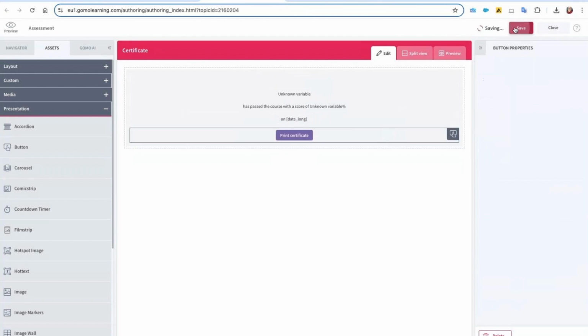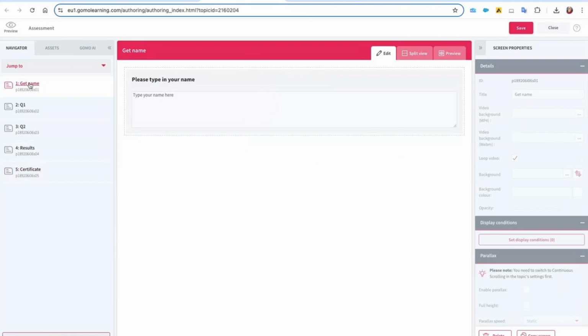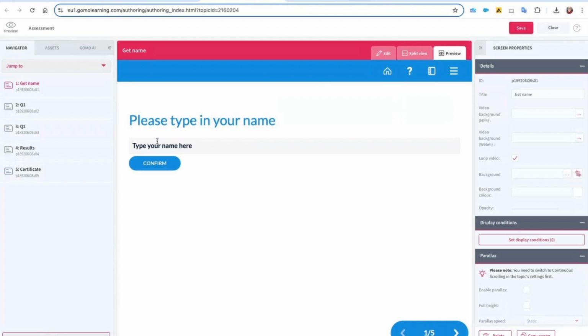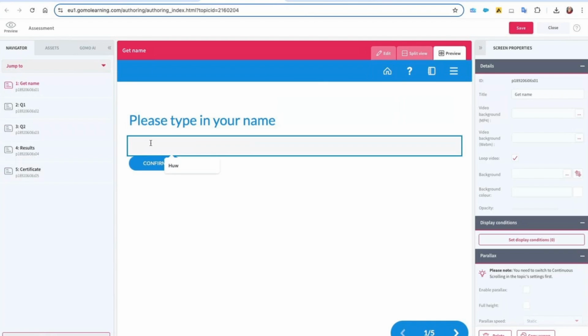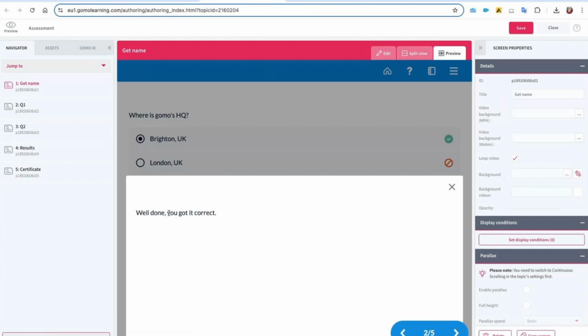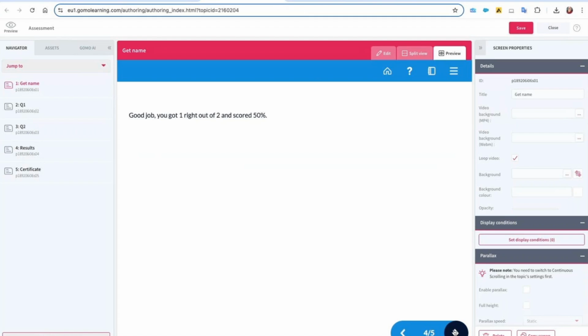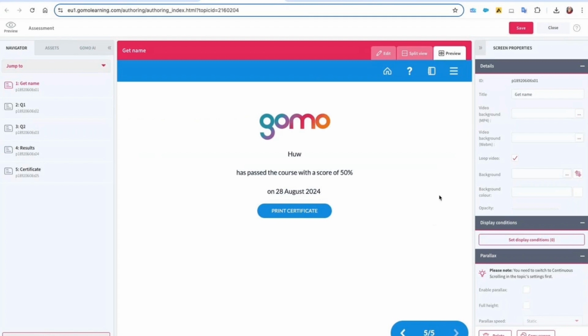Okay, so let's just save that again. Go back to the navigator panel. Let's go from the beginning. Let's go to preview, type in your name, confirm, again, confirm, and let's get one right, one wrong. I've got 50%. Okay, and now if I click print certificate,